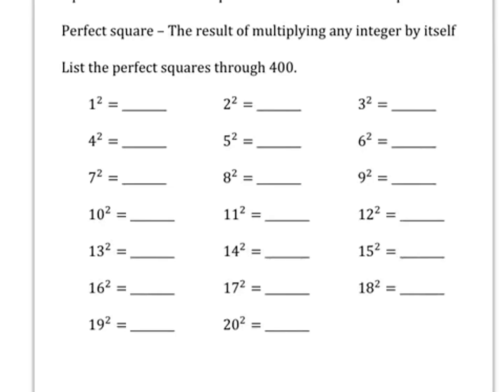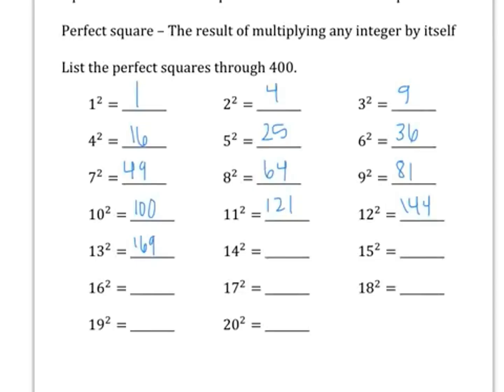Let's list the perfect squares through 400. 1 squared is 1, 2 squared is 4, 3 squared is 9, 4 squared is 16, 5 squared is 25, 6 squared is 36, 7 squared is 49, 8 squared is 64, 9 squared is 81, 10 squared is 100, 11 squared is 121, 12 squared is 144, 13 squared is 169,